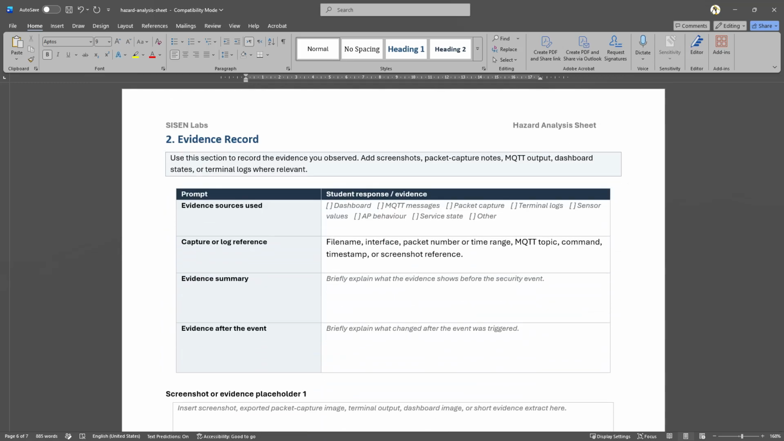And then we move to the evidence record. This section specifically records the evidence used to support the analysis. And the evidence should be identifiable and reproducible. So, for example, you can enter entries such as captured or logged references for safety gas leak hidden, or for specific attack timestamps that you've seen. And this evidence can be summarized by before the event, where the gas state topic and the dashboard showed normal condition and updated